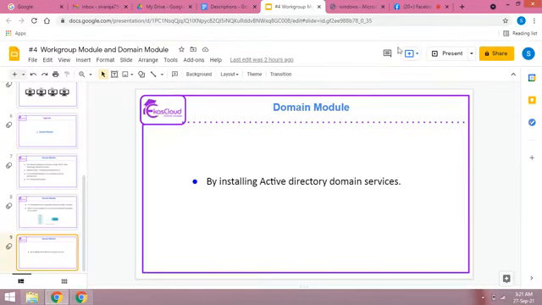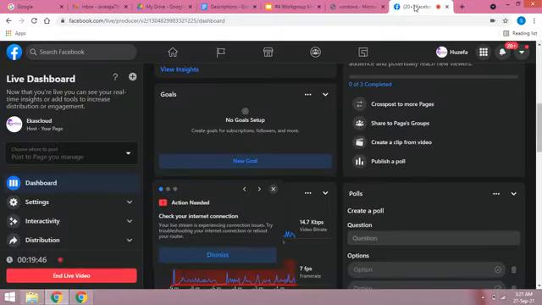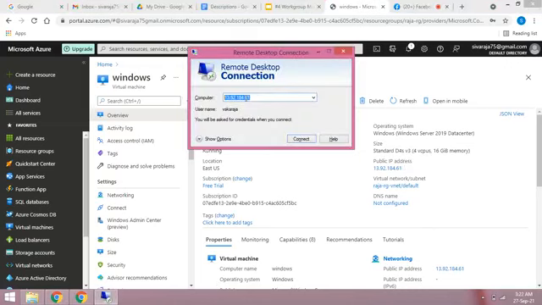So now our session is disconnected, and after that I connect, copy the public IP and connect.